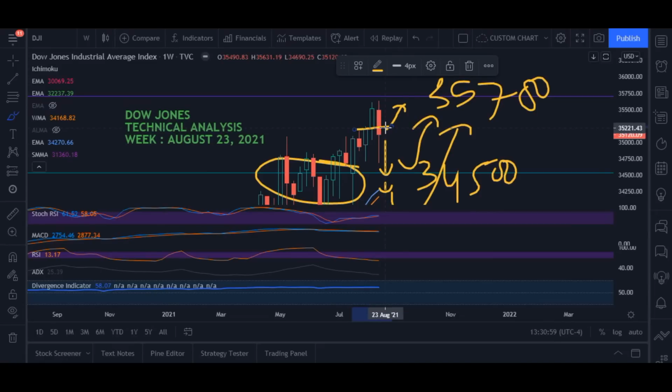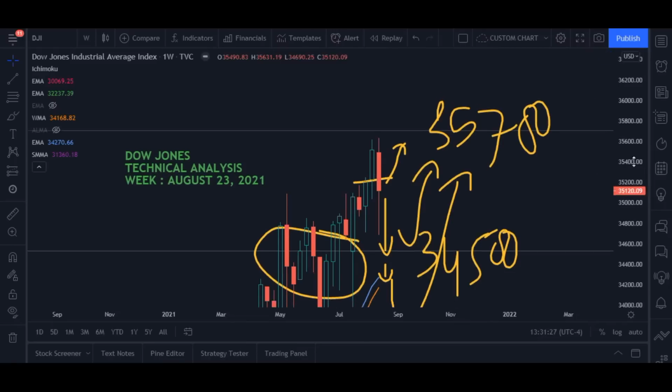So the coming week will be decisive. If the market comes down, in that case the MACD will be more negative, meaning more bearish, and also the stock RSI will move in the bearish direction. If we talk about the movement, there is not enough movement, neither in the bullish direction nor in the bearish direction.